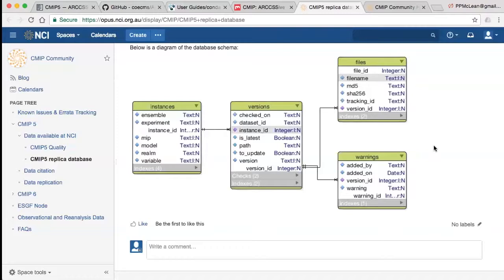Every version has its own files, and for the files we keep the tracking ID. Then we have two different kinds of checks. And obviously the file name: to have a complete path to a file, you have to have that path in the file name. And then we added an extra table, which is warnings, which also